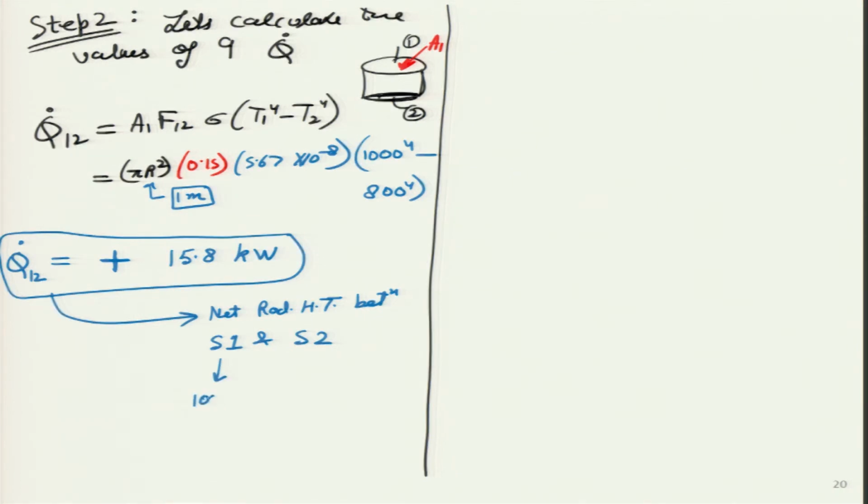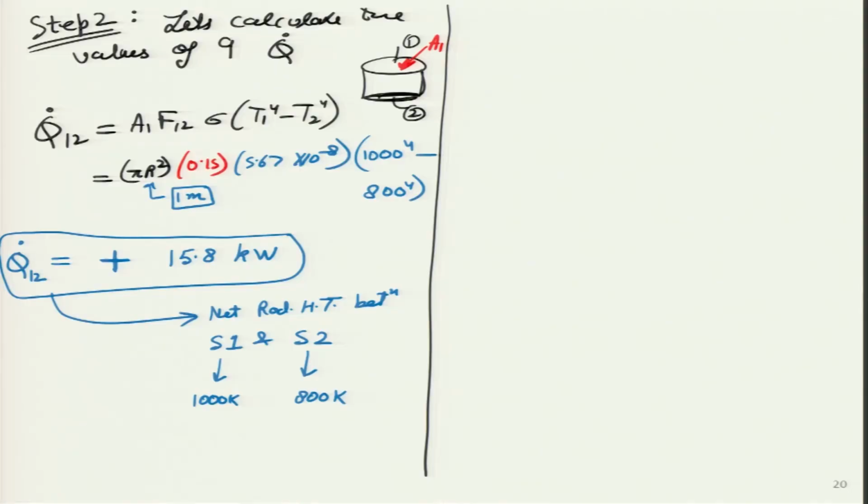And remember, surface 1 is at 1000 Kelvin, surface 2 is at 800 Kelvin, which means we all know from thermodynamics, heat transfer, from all our background, net rate of heat transfer always flows from high surface to low surface. High can give heat to low surface, low can also give heat to high surface, that value will be smaller. So, you remember that example, 50 minus 10, we get 40. So, that is the net rate that we are getting over here. So, positive means that the net rate is positive from 1 to 2. Immediately I can write the reverse also, Q dot 21 will be minus 15.8 kilowatt.